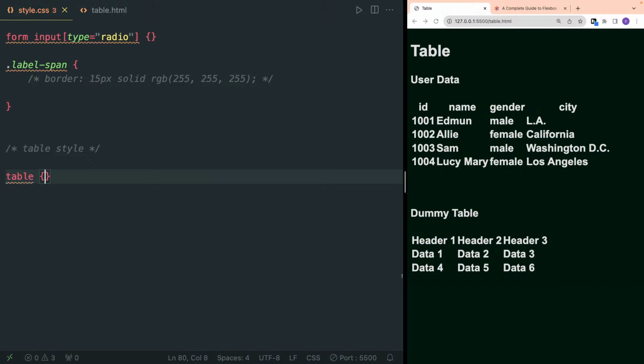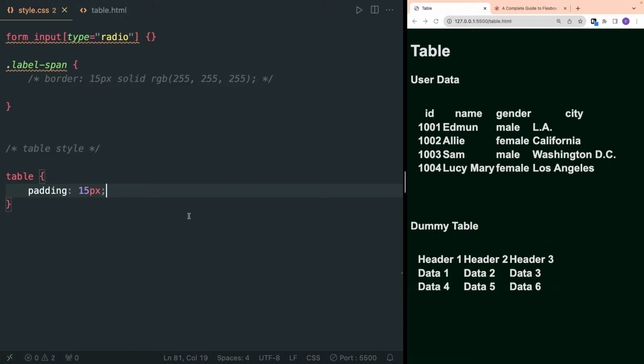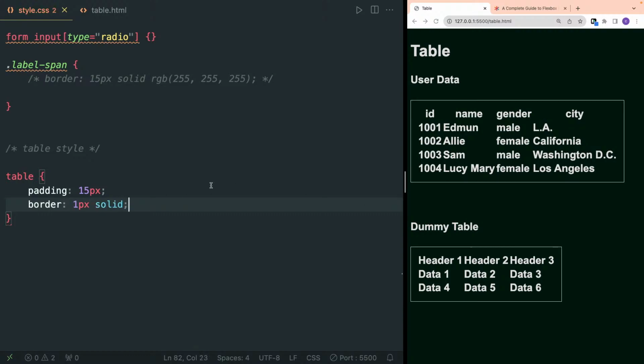We'll use the table HTML, so we can directly style the table. Just try to write padding. I will always apply padding first. Padding is applied. Let's try the border, 1 pixel solid. Okay, so we have applied the solid. So now let's try to